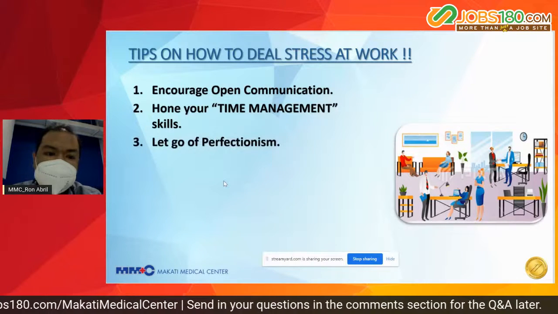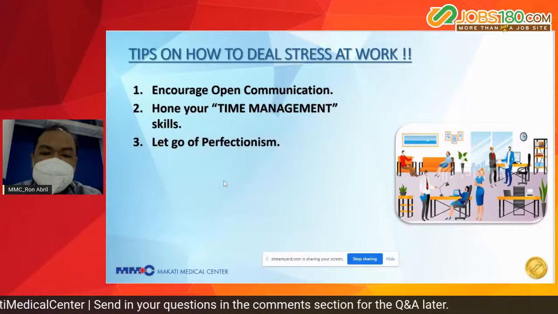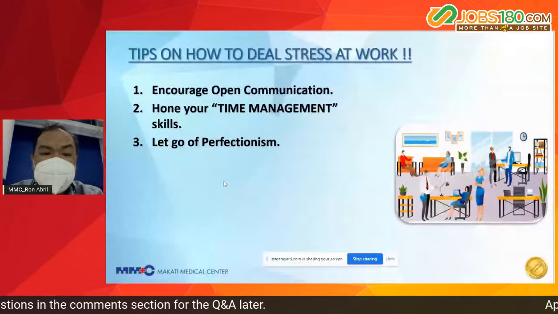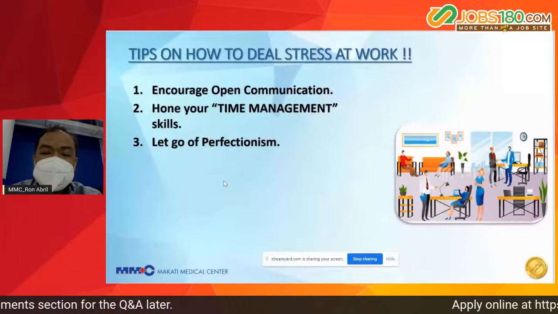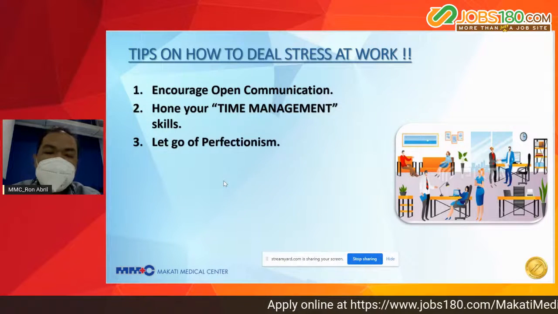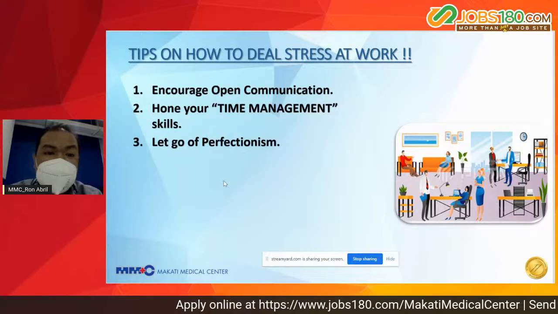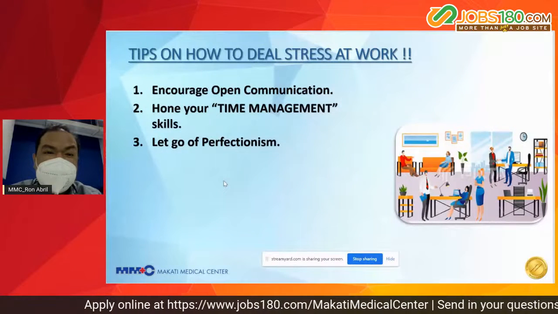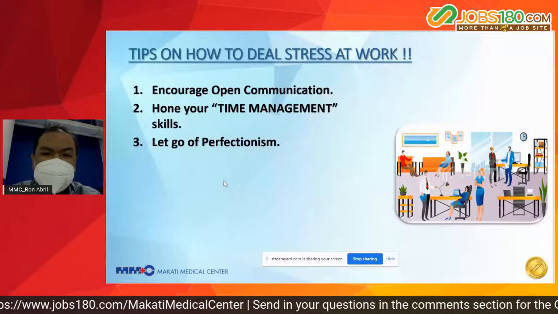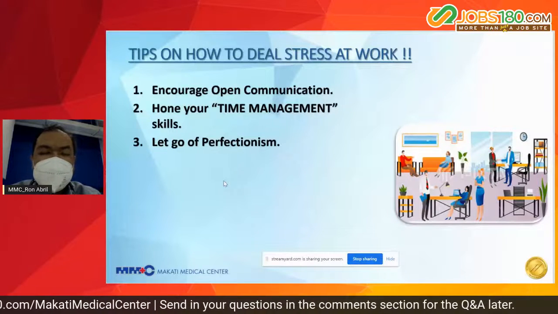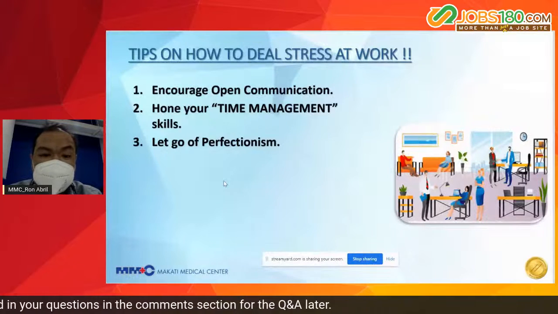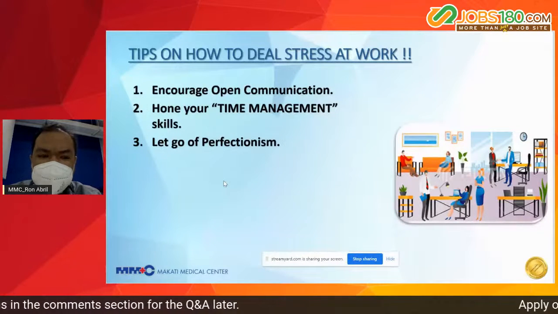Number 3, let go of perfectionism. So remind yourself that you are human and it's okay to commit mistakes. Minsan kasi sa gustuhan nating maging number 1 sa trabaho or gusto natin laging perfect yung ginagawa natin. So kapag nagkakamali ka, nasi-stress ka. But it's okay. Wala namang problem kung we always want to give our 100% when it comes to work. Kaya lang kasi kung